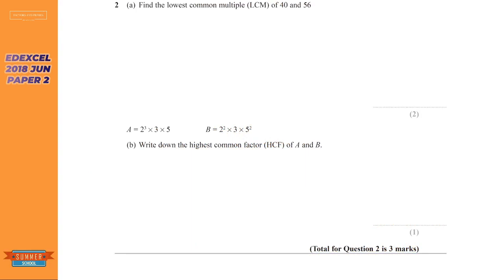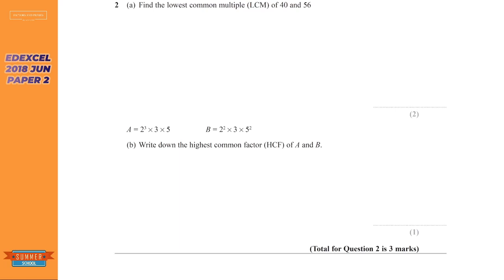So first up is Edexcel, and it's asking us to find the lowest common multiple of 40 and 56. Now there's a couple of ways of doing this. Either you can find the product of primes and then draw a Venn diagram and all of that stuff, and we'll come to that method. But the easiest method, if you're able to, which I think we are on this one, is just to write